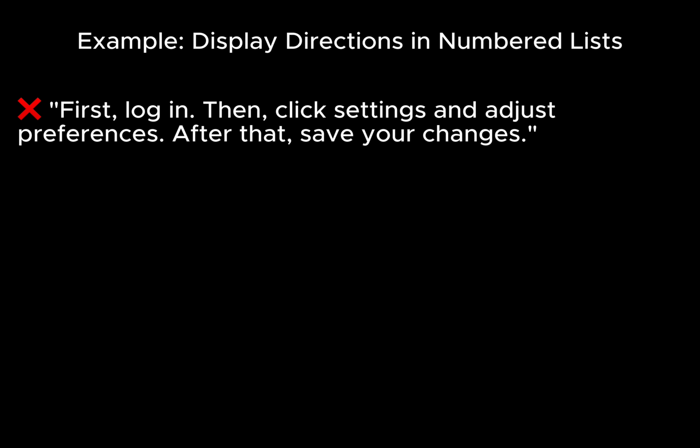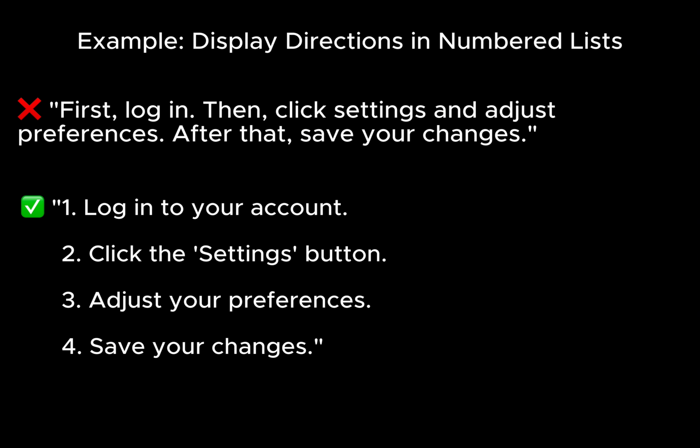For instance, 1, log into your account. 2, you could say, click the settings button or click settings and adjust your preferences. 3, save your changes. And that is it. That way it's much better and